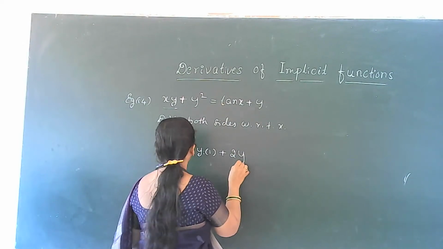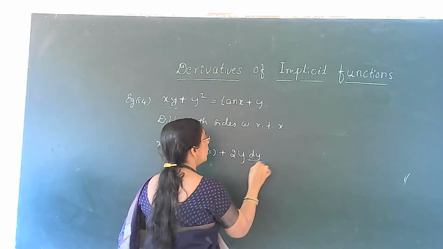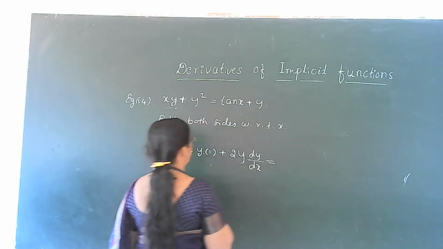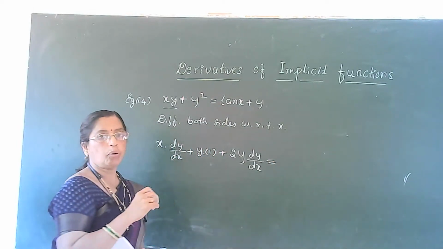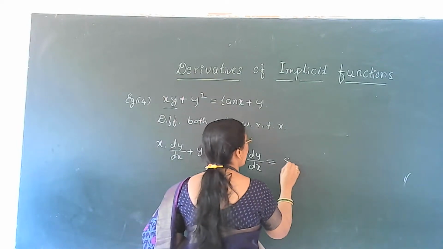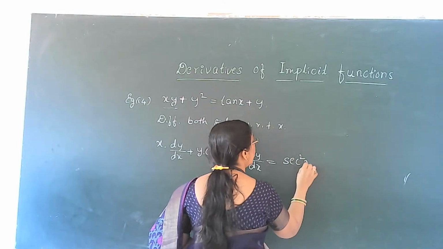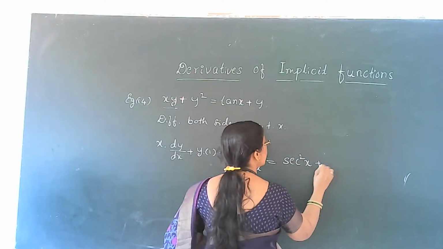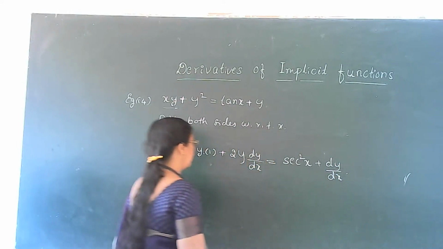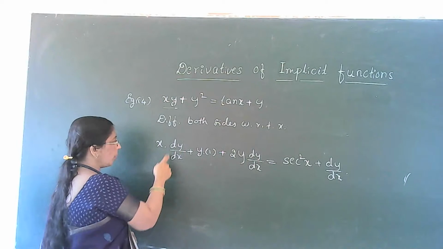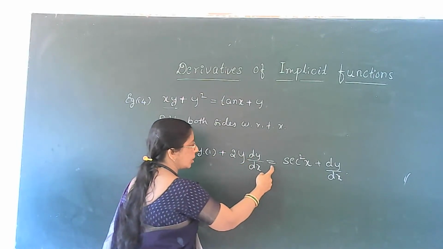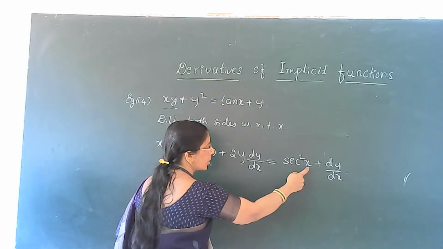Then again, derivative of y is dy by dx, is equal to derivative of tan x, which is secant square x, plus dy by dx. So x into dy by dx plus y plus 2y into dy by dx is equal to secant square x